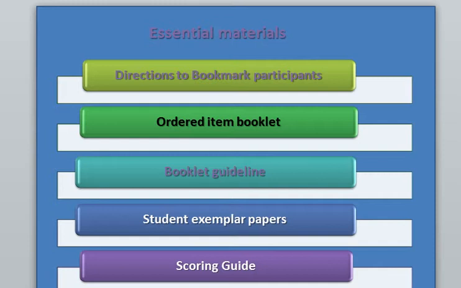Then it includes arranging the item booklets, and then the booklet guidelines are required: how these booklets will work, or what will be the use of these guideline booklets. The experts also work on student exemplar papers, and then the last important thing required is the scoring guide.